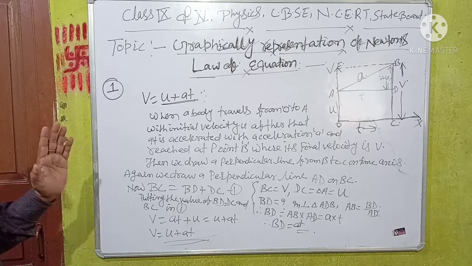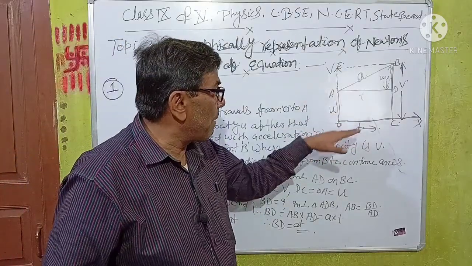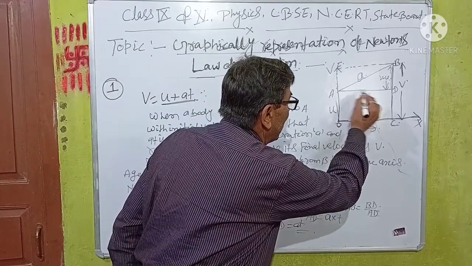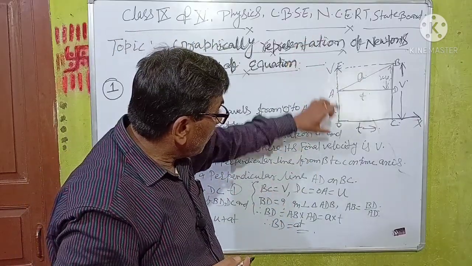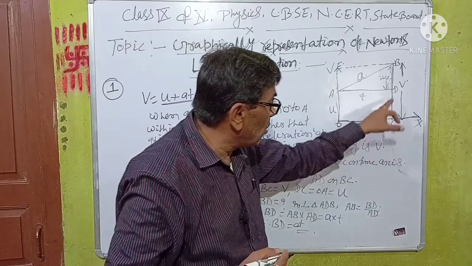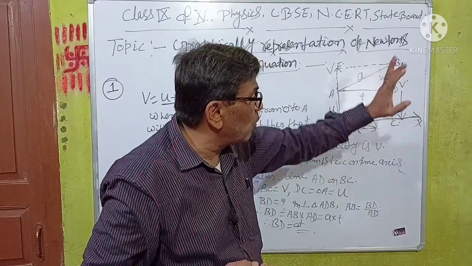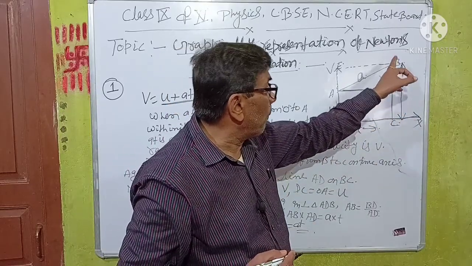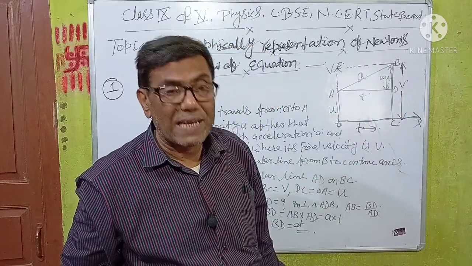So here we understand it because AD is parallel to the OC, then OC represents the time axis, then AD also represents the time axis. The OA represents the initial velocity, O to A, then DC also represents the initial velocity U, and BC represents the final velocity V. Then BD is equal to what? V minus U. We know that V minus U is also equal to AT.